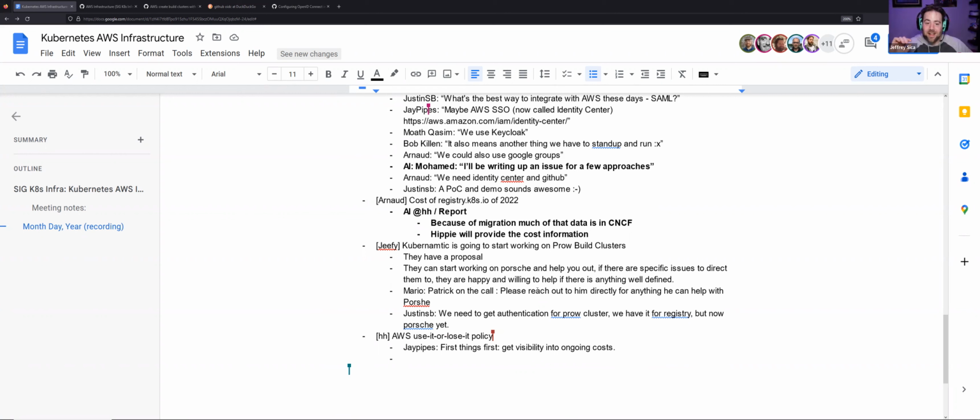Sorry, someone at the door. One thing that I might do for the next SIG Infra meeting, not just the AWS one, is shift the order of what we talk about. Sorry, Luna is going crazy because someone's here. What I would like to do is address all of the current AIs that we talked about in here up front and make sure that there's movement, and if there are any blockers, identify what those blockers are. Hopefully that makes sense. I'm kind of frazzled right now.